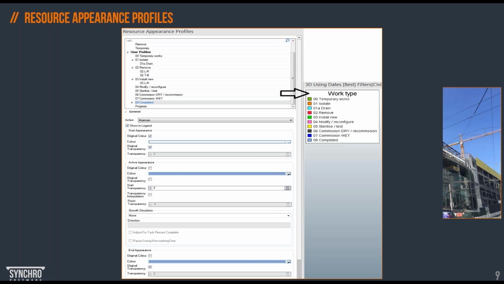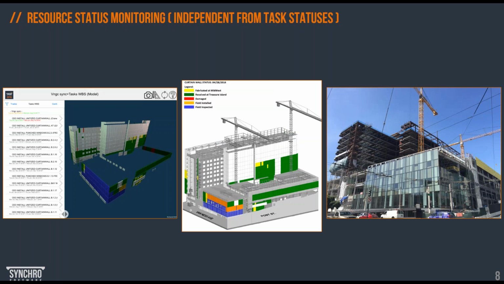Following that, if we are thinking about resources, what's the most important thing for us as planners is what is associated with the task, because the task is not the end of the story. We usually have resource assignments. So for one individual task, we can have several resources assigned to it. The slide here is showing a different approach to our schedule, something that you cannot achieve in other planning software. So really, resource status monitoring that is completely independent from task status.